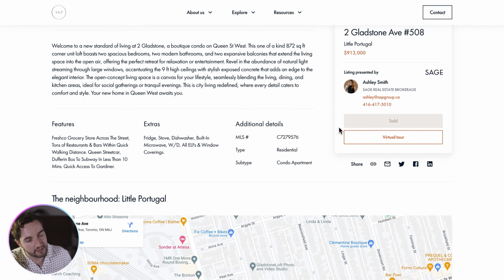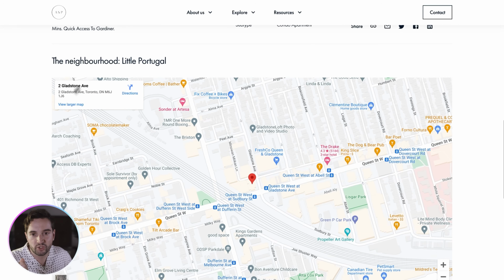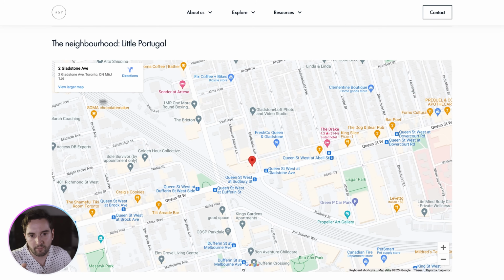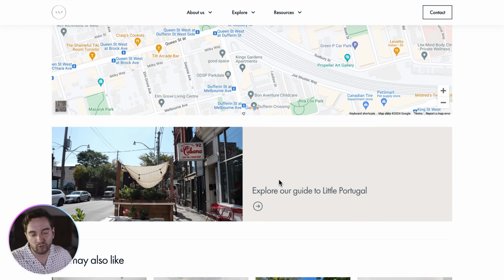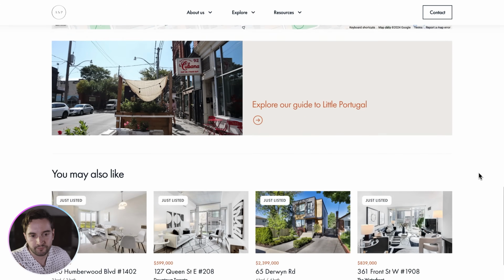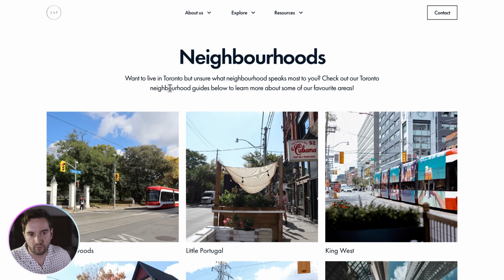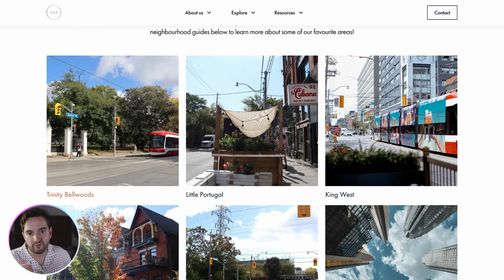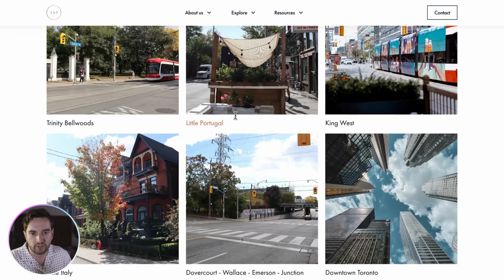So the sold button obviously needs to be dynamic to make sure that it's clear, versus a book a showing button. We have our neighborhood, which is pulling in the name, and then we have a map and then an actual guide to the neighborhood, because this is one of the neighborhoods that the client has actually set up a guide in the CMS for. And then we have you may also like. And on the neighborhoods page, just covering this all at once from the site itself, we have a grid of all the neighborhood guides that the client has made. So if I click into one,